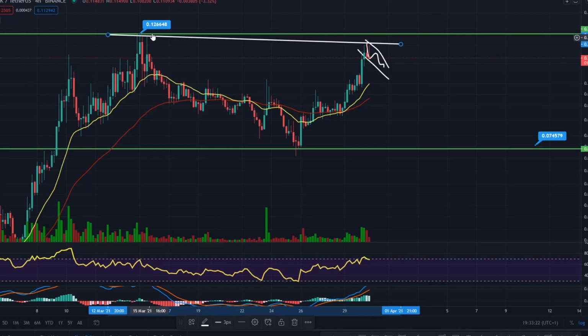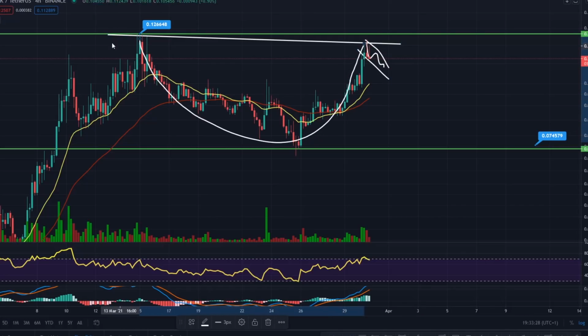So once it comes up and breaks the neckline of a cup and handle, because cup and handles look like this, okay, so that's the cup, that's the neckline of the cup, and then the handle is a pullback initially before breaking the high and the neckline of the cup and handle. So you could potentially see us fall back a little bit more, potentially test this EMA as well, because